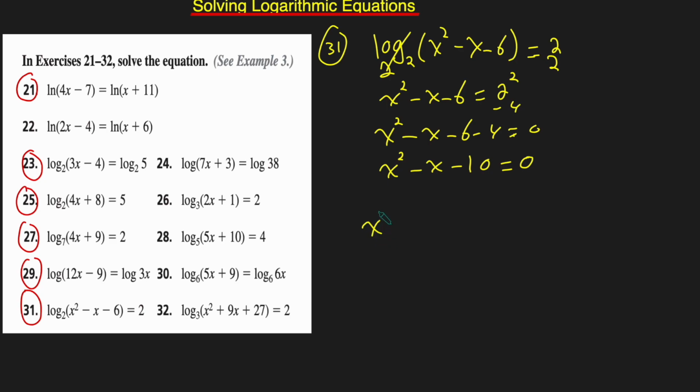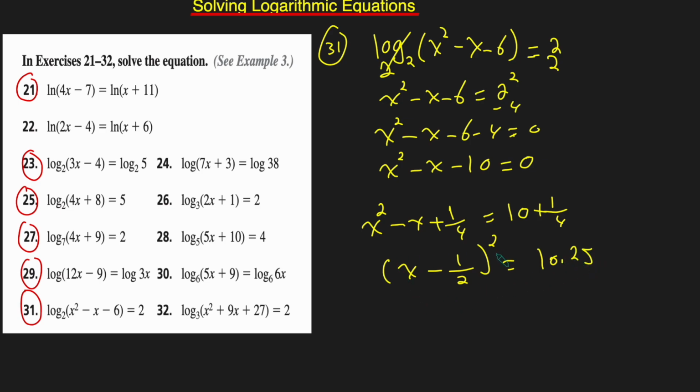Completing the square is going to be x squared minus x plus, that will be negative 1 over 2 squared, which is 1/4, and moving the 10 to the other side is going to be 10 plus 1/4. If I factor this, it is going to be a perfect square. x minus 1/2 squared is going to equal 10 plus 1/4, which is